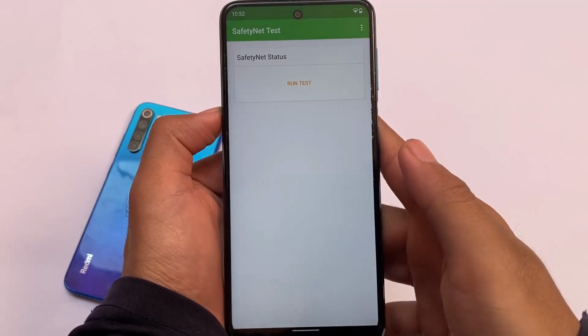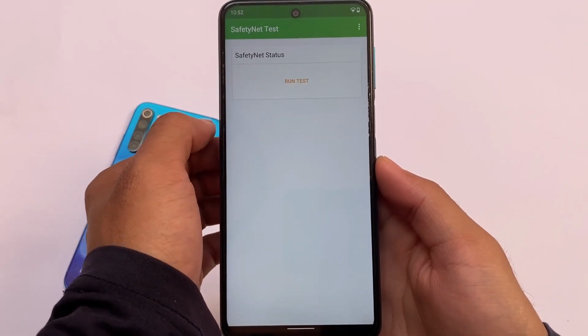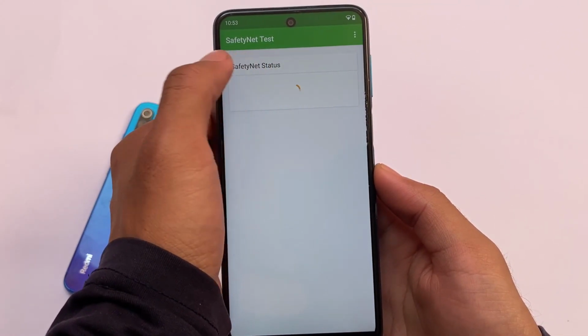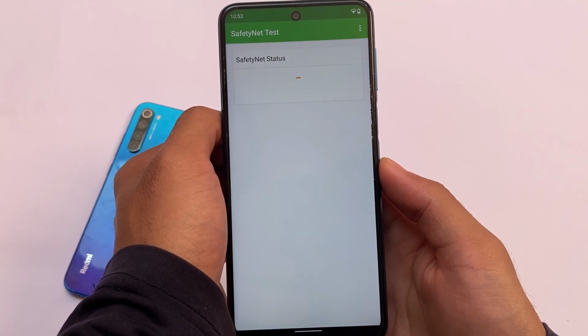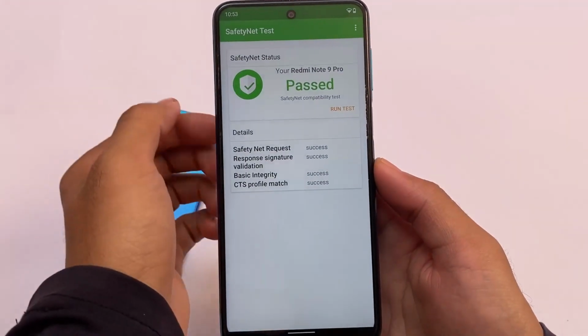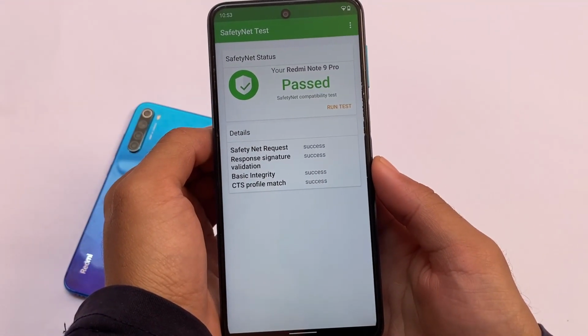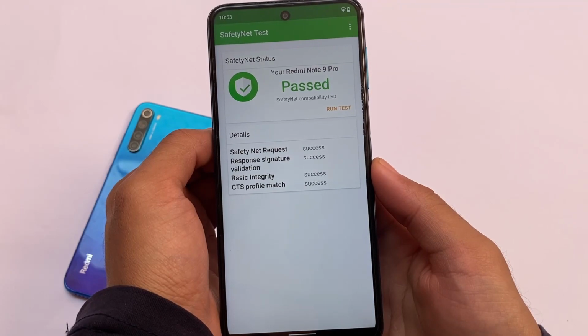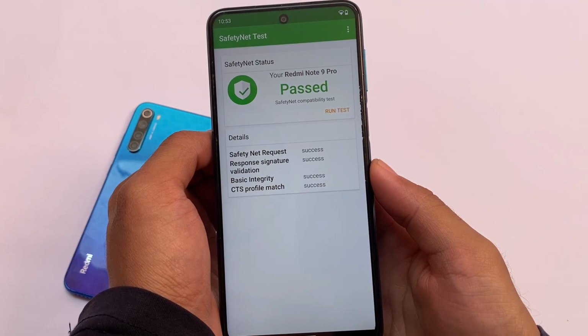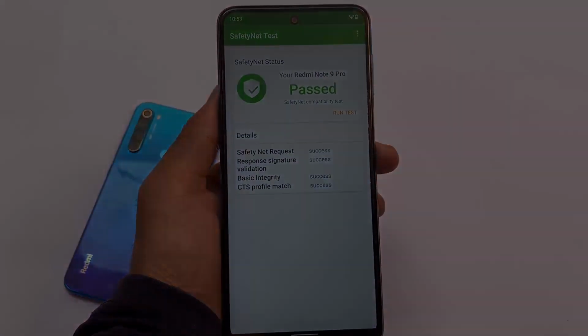Safety status is actually a major thing, and if this is not passing for you, that could be a bad thing. But don't worry, the safety status is actually passing here for me. Let me show you by clicking on run test. And by the way, I didn't root my device with Magisk. If you want to root, you can, but after rooting your device, you simply need to hide it from Magisk if you want to pass the safety status. I'm not sure if it is still passing for you or not, but a custom ROM without root is still not a bad choice. Install it, safety status is passing for you, which means you'll be able to use banking apps on your device. There might not be any issue for you.